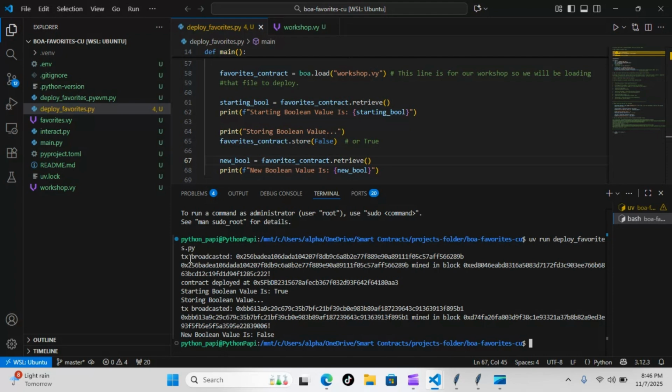So we have our transaction broadcasted. This is where it was broadcasted from. This is the block it was mined in. And this is where it was deployed to. And you can see our first value, or our first boolean, is set to true. Then you can see here we're going to store a new boolean. And we're going to prompt ourselves by saying storing boolean value, letting us know we're going to be storing a new boolean. Then we're actually going to transact that,